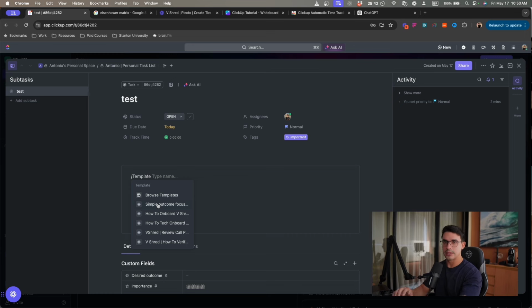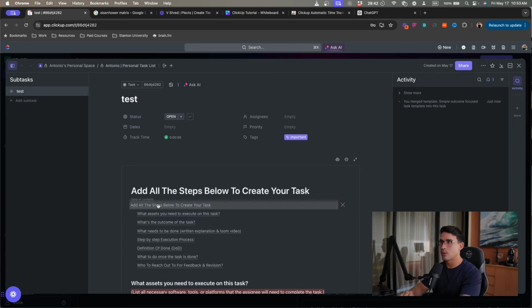And one of the templates that I've built to help my team maintain a certain level of quality standard in the platform, it's the simple outcome focused template. And I'm going to explain to you exactly why it works and what to do. So the simple outcome focused template is what will allow you to create a task that can be easily replicable, understandable, follow along, and then it gives you the outcome that you actually want as if you were doing it, or just allows you to not be held hostage of anybody in your business because they are the only person that knows how to do a specific task.